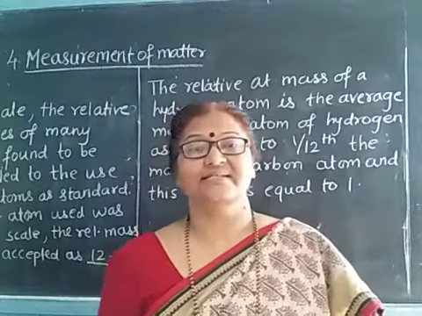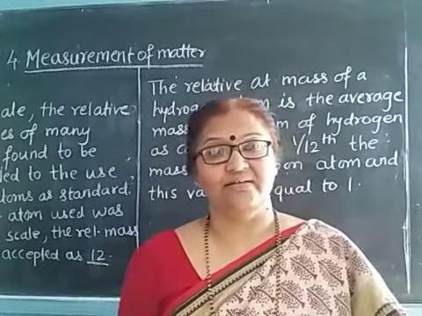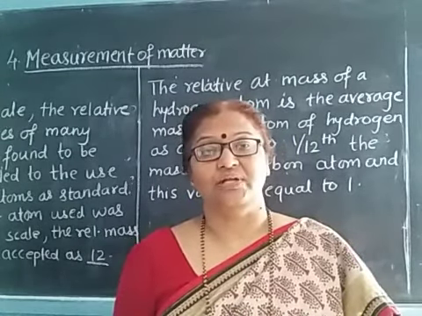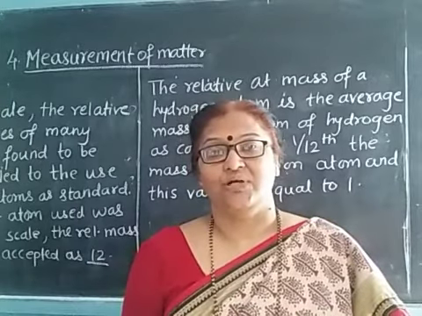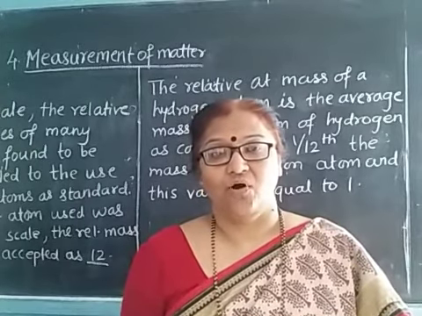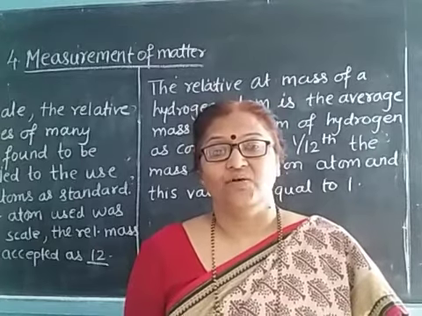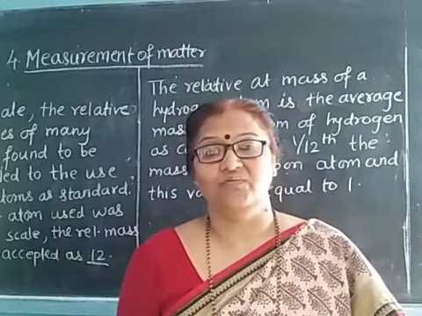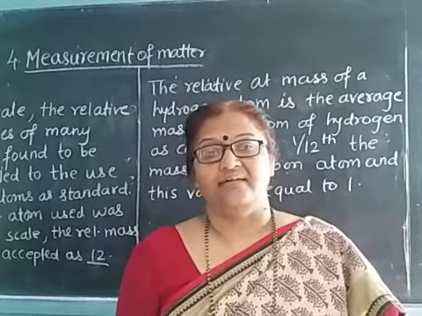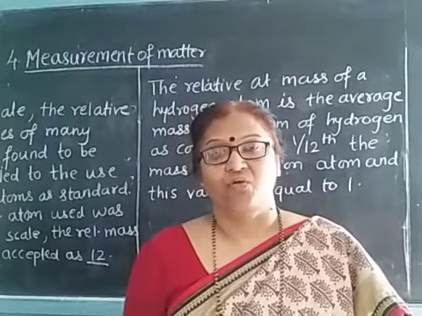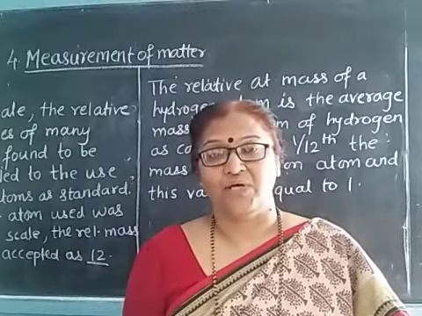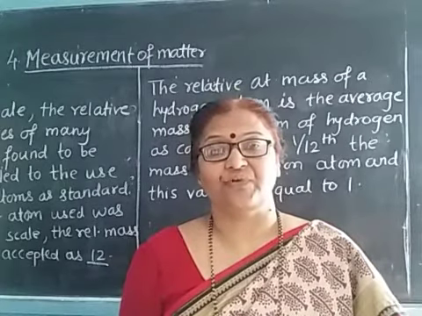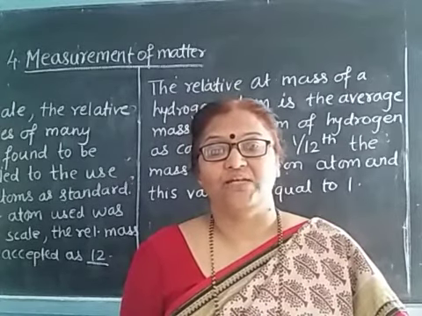So in today's lecture we have seen what atomic radius is. The atomic radius is the distance between the nucleus at the middle and the outer orbit of the atom. The atomic masses were also discussed. In that, it was told that the first reference atom was hydrogen and the next reference atom was carbon, because hydrogen had given fractional values for many of the elements.